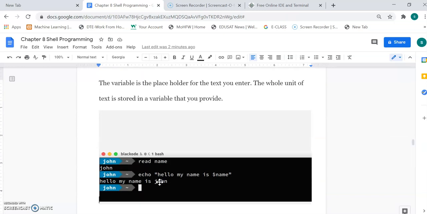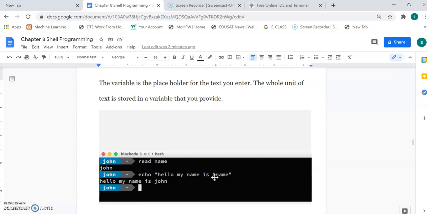Now, if I want to use some variable to store the data rather than the default variable, how do I write it? Read name, press enter, and suppose the user has written John, then press enter and echo hello, my name is $name. Why are we using dollar here?